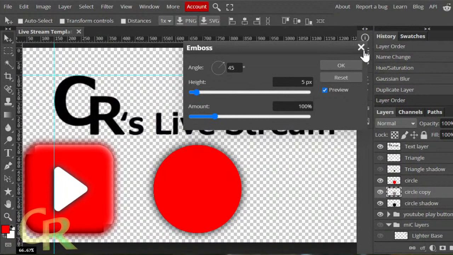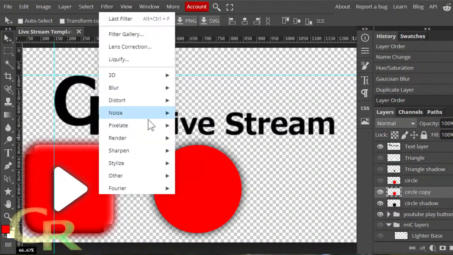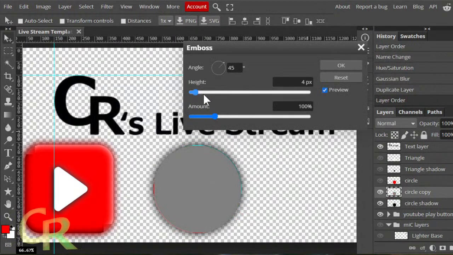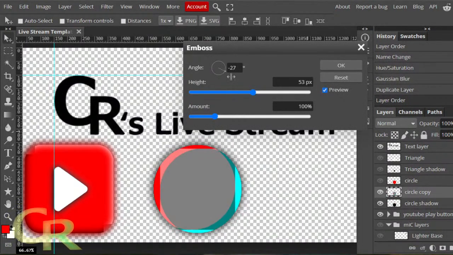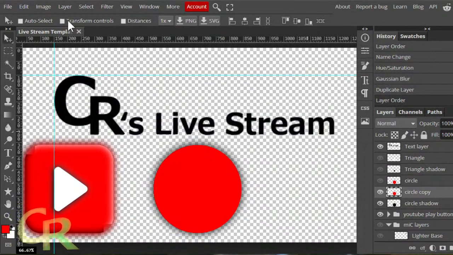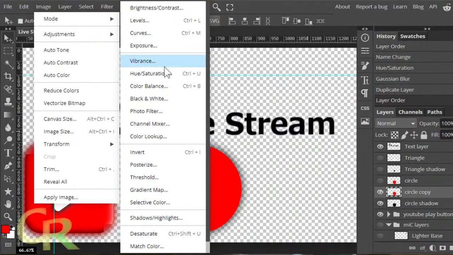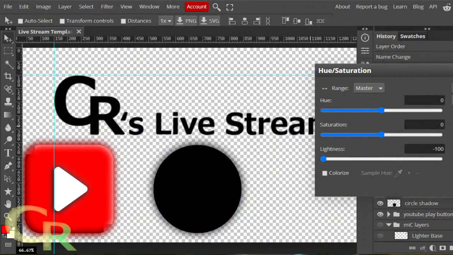Oh, well, wait. Let me show the circle one so I can actually see what I'm doing. Go back to Stylize, Emboss. Let's see what I can do with this. Trying to make something here. Oh, wait, I almost forgot. What did I forget? I forgot to change it first, so I have to go back to Hue and Saturation and change it to dark.